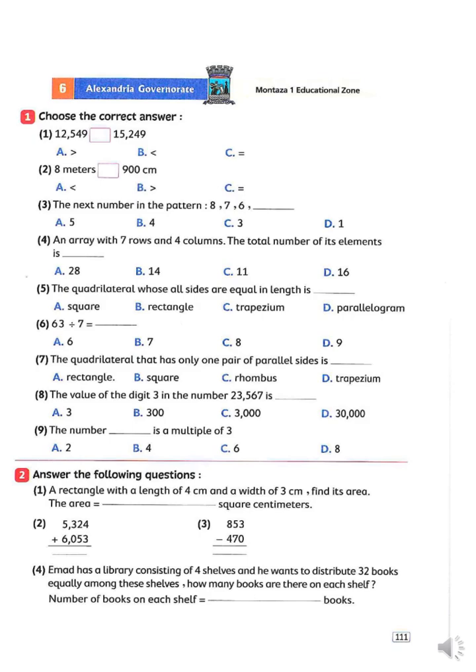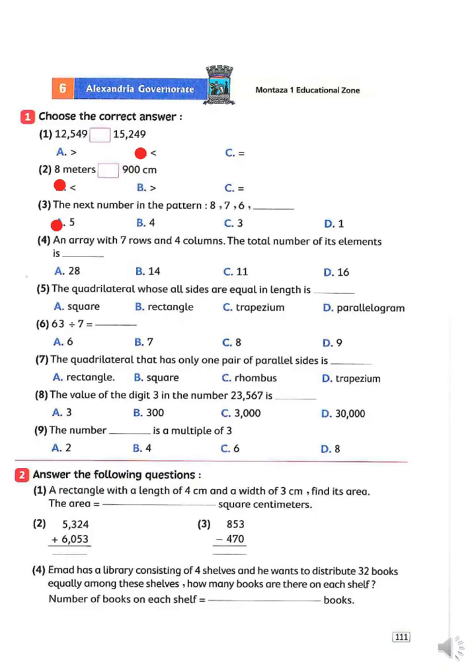Alexandria Governorate. Choose the correct answer, 12,549 or 15,249. 15,249. 8 meters or 900 centimeters. 900 centimeters. The next number in the pattern,